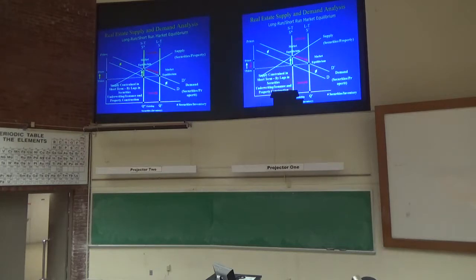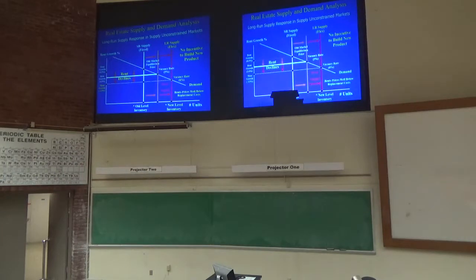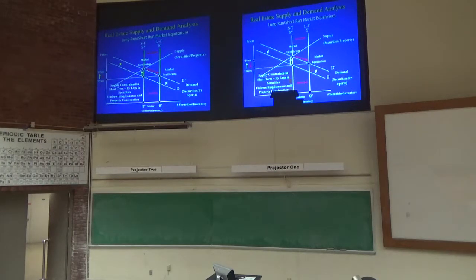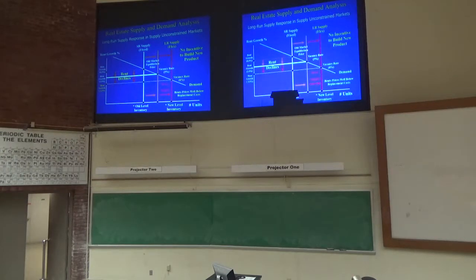So the markets do respond in the long run, but the problem is that in supply-constrained markets, or, sorry, this is an unconstrained market scenario. So this is actually a scenario where the markets respond and reach long-term equilibrium. Here's the scenario in the commodity markets where they overshoot and they build too much. So they move past the equilibrium point, they build too much because there's too much land.